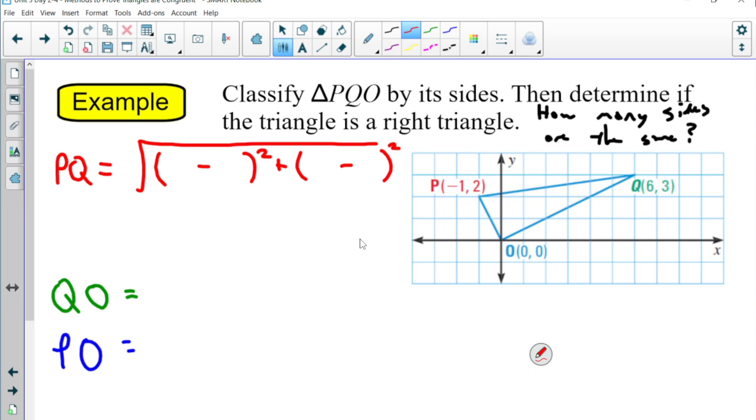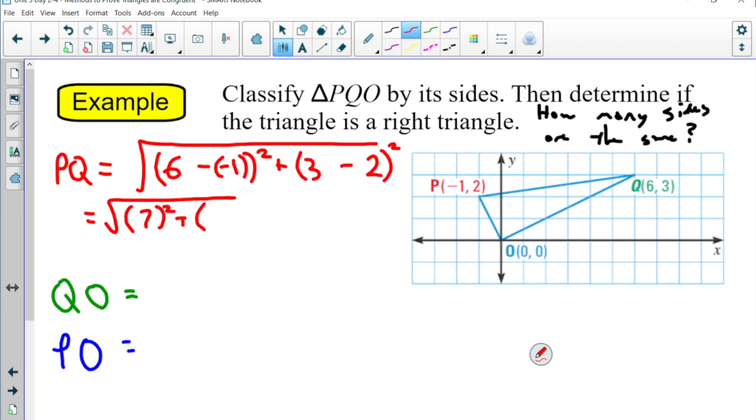We have Q and P, so we're going to start with our X coordinate. X coordinate of Q is 6, minus our X coordinate of P is -1, squared. Plus, we have our Y coordinate of Q is 3, the Y coordinate of P is 2. We're going to subtract them squared. So we subtract the X coordinate squared plus subtract the Y coordinate squared. Square root. 6 minus a -1 is 6 plus 1 is 7